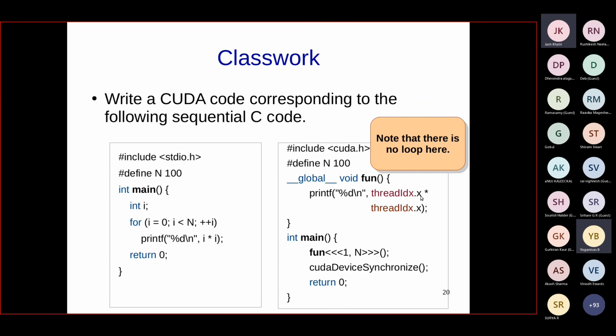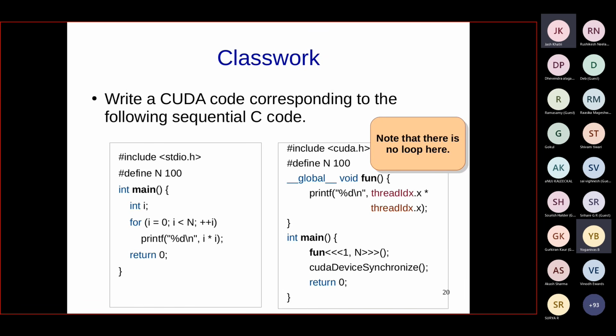it knows that my ID is 0. So thread number 0 has ID 0, thread number 1 has ID 1, and so on till 99. Since there are 100 threads, their IDs will be from 0 to 99. And what each thread will do is, based on its ID, print its square. So thread 0 will print 0 into 0, thread 1 will print 1 into 1, which is 1 square, and so on till 99, which will be done by the thread which has 99 as